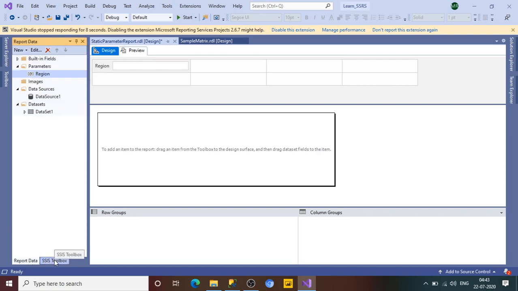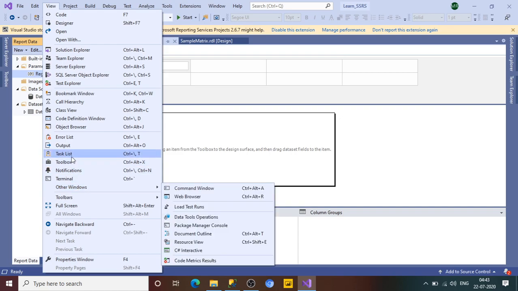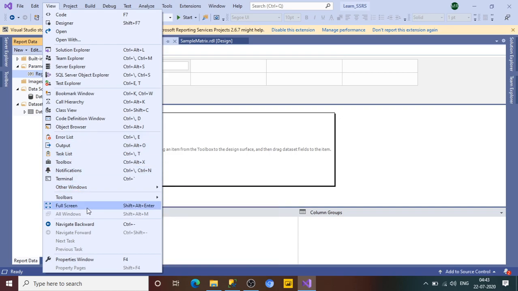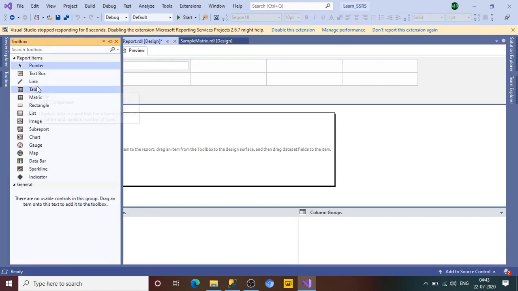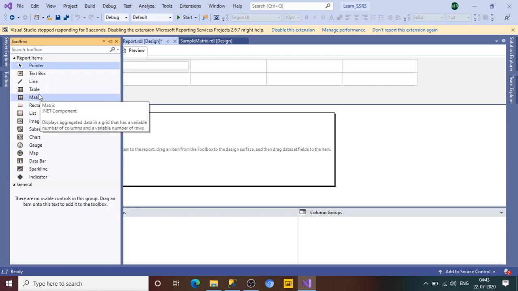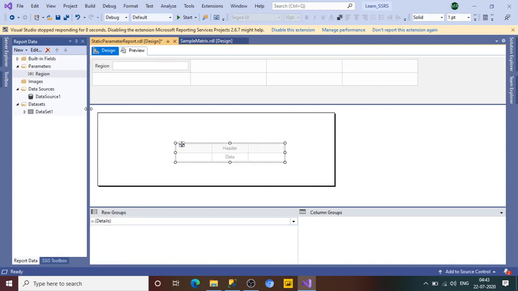or what do you call, not the SSIS toolbox, Control Alt D. Okay, if you are not able to find it, there is a report data. There is a shortcut Control Alt X that will display your SSRS report toolbox. Here you can drag your table. And if you want, you can drag the text box from the toolbox as well, and you can give it a title like